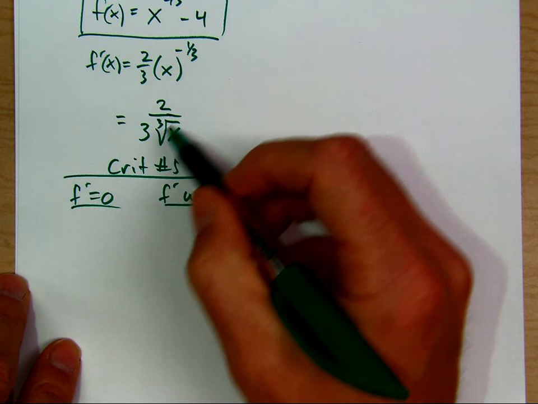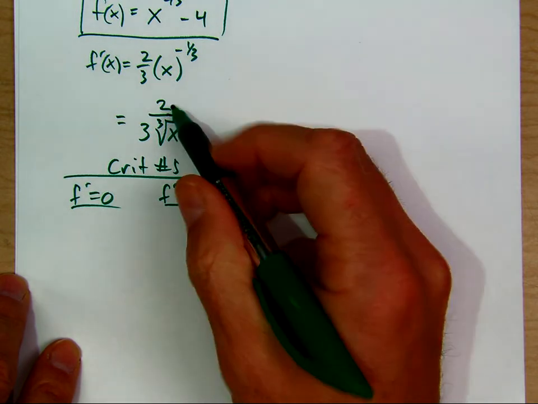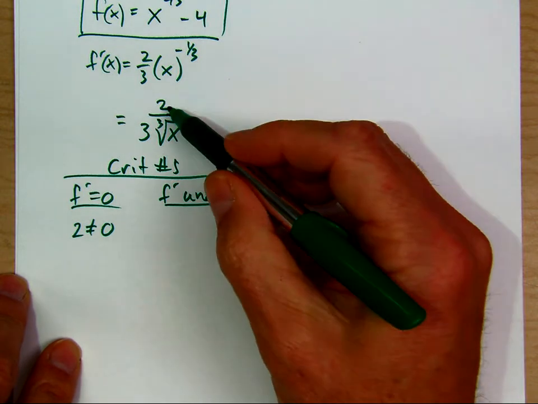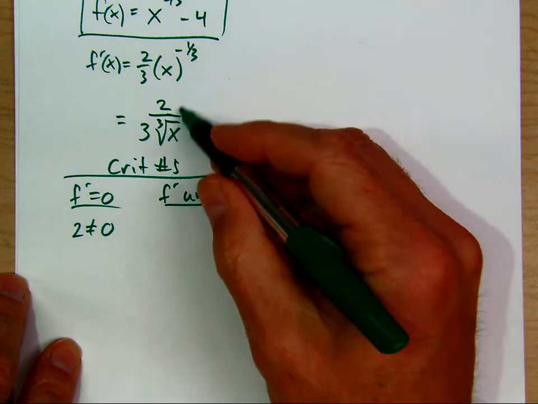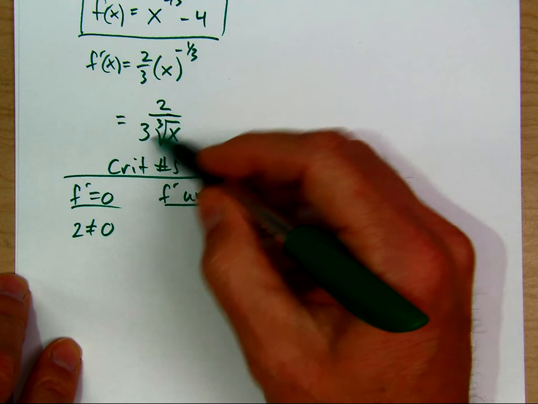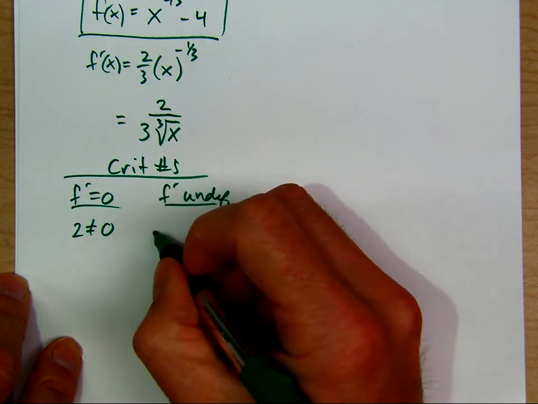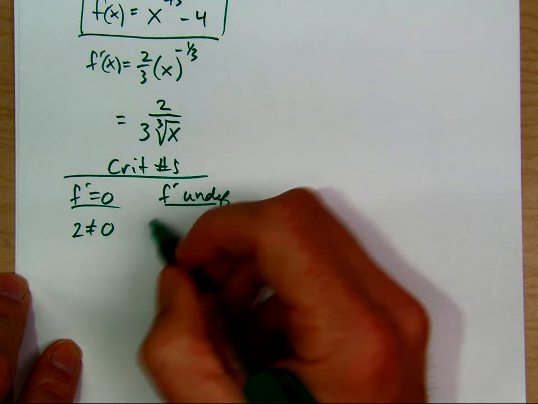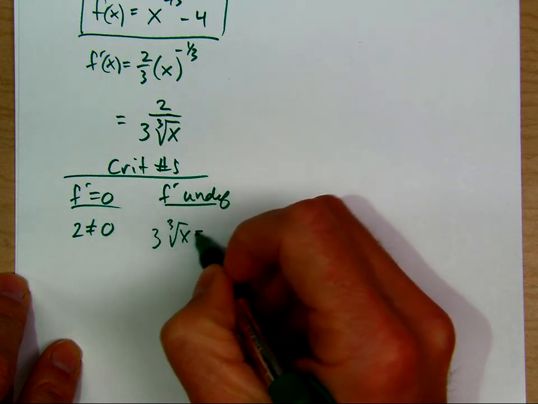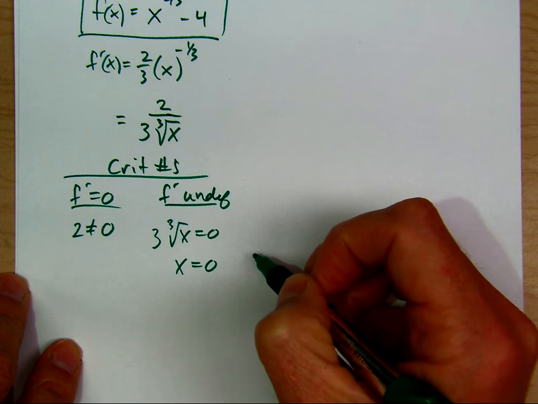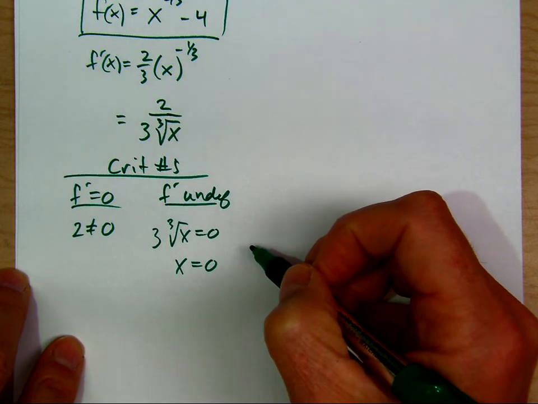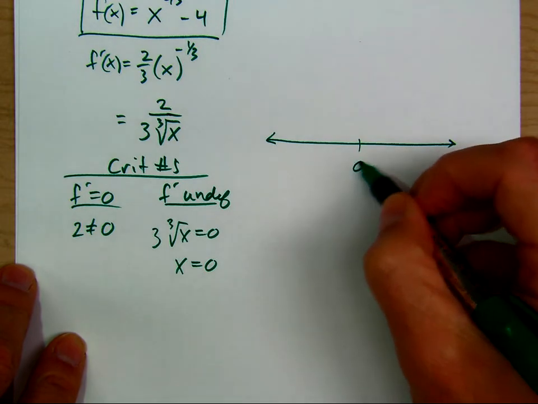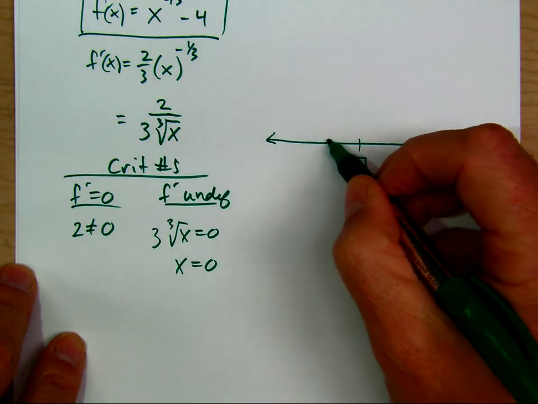So a fraction equals 0 when the numerator equals 0, but that never happens because the numerator is always 2. But a fraction is undefined when the denominator equals 0. We need to know when the denominator equals 0, and that's when x equals 0. Critical number is 0, and we'll check to either side